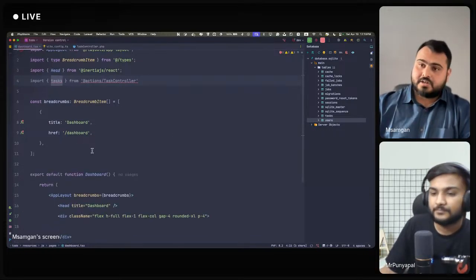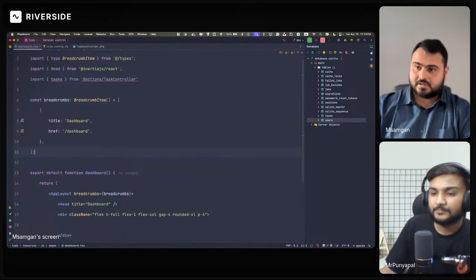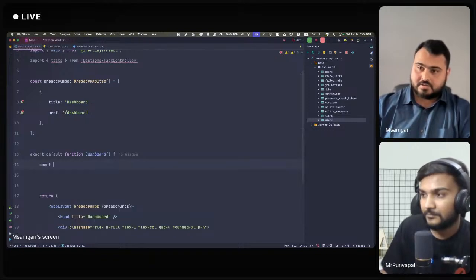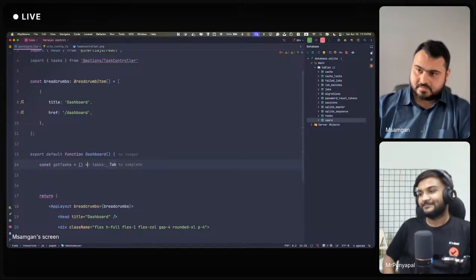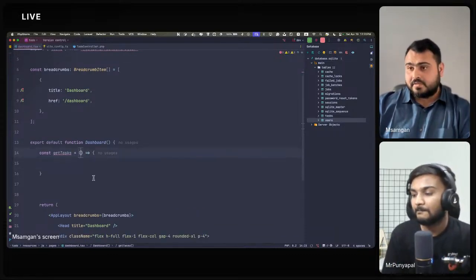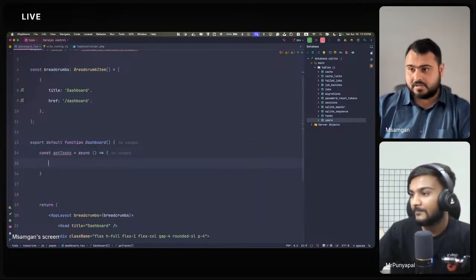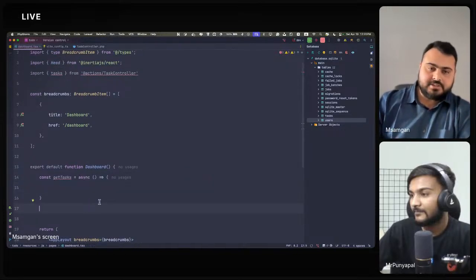Now we create a function called const getTasks. Async, because we need to wait for the call. Generally, what happens is